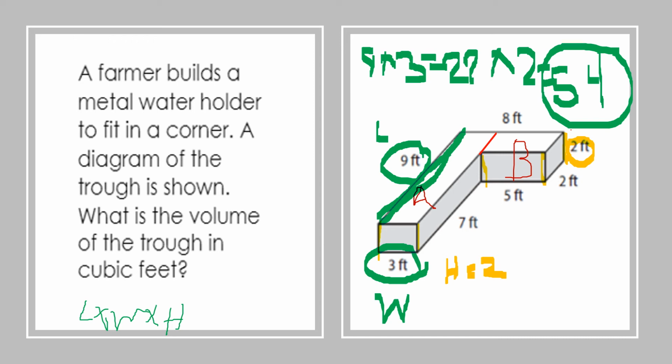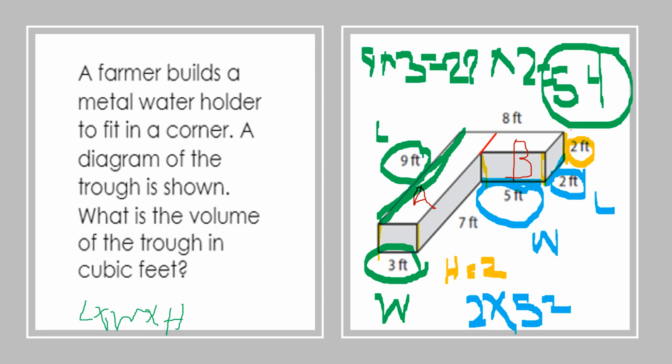So for B, here's my length. My length is 2. My width, there we go, is 5. And again, my height doesn't change. It's 2 feet. So when I'm looking at this one, length times width, 2 times 5 equals 10. And I multiply times 2, and I get